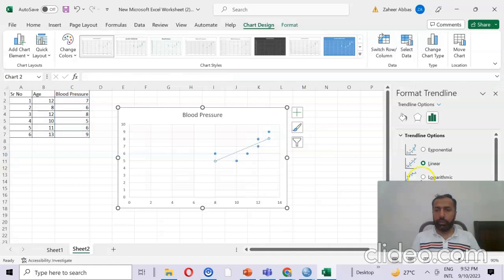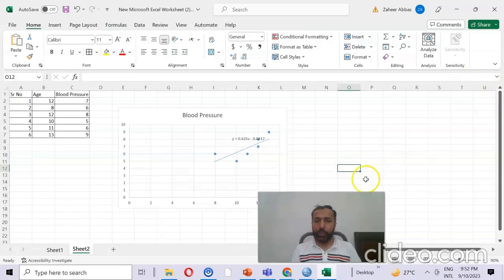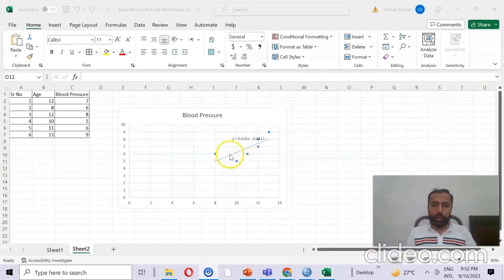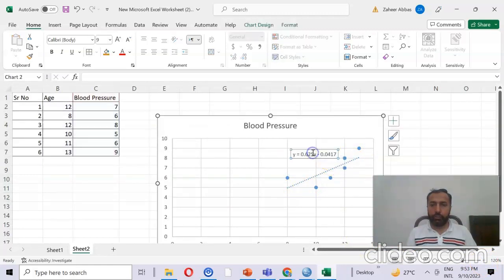When all these points are selected, right click on any of these points, then click Add Trendline. Here you can check the option to display the equation on the chart. And you see that this trend line has been added, and this regression line has also been estimated, in which the intercept is minus 0.0417, while the slope